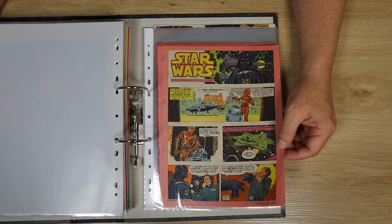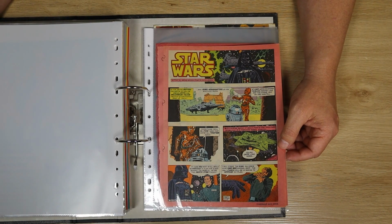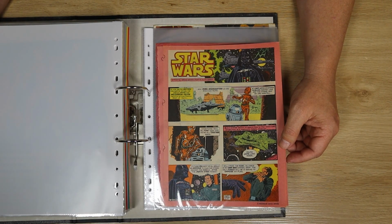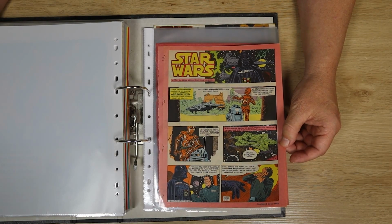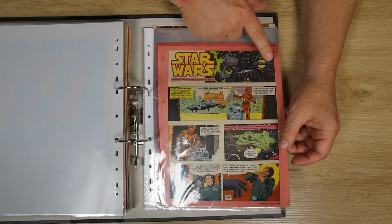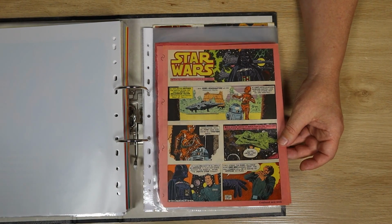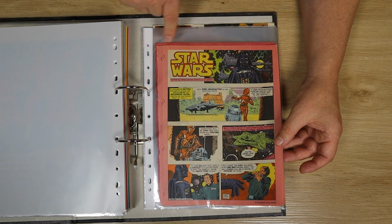After the Bounty Hunter of Ord Mantell, we move on to a story by, again, the same pairing of creators, Archie Goodwin and Al Williamson, who, as I mentioned, continue the whole way through. Darth Vader Strikes. We've got these title panels that have some relationship to the story being told, but I love these. When I ever had spare pages of these that were collected by friends or family, that end up in scrapbooks, they were just a really strong